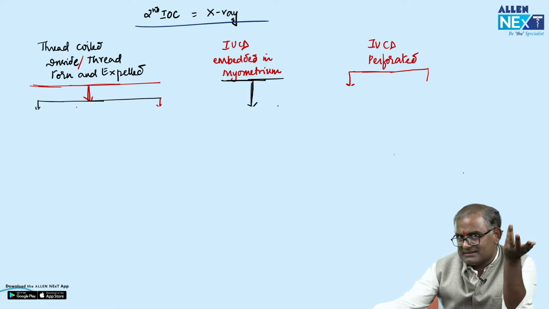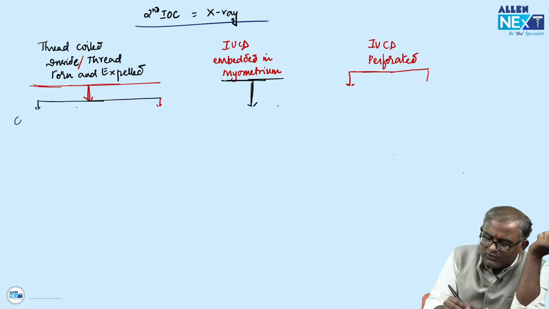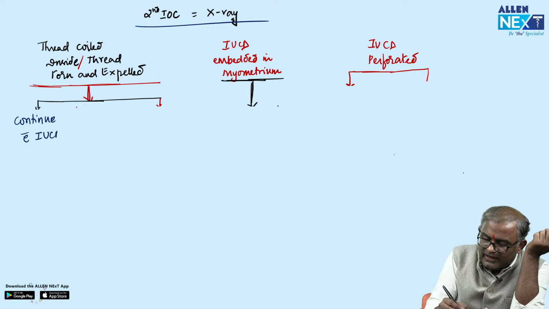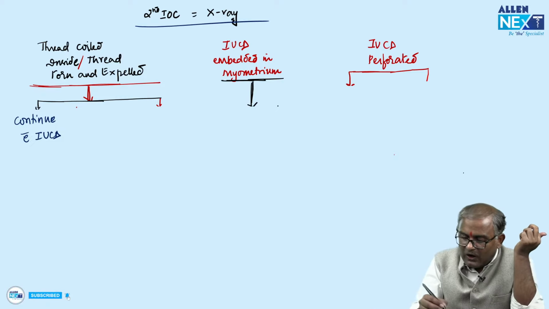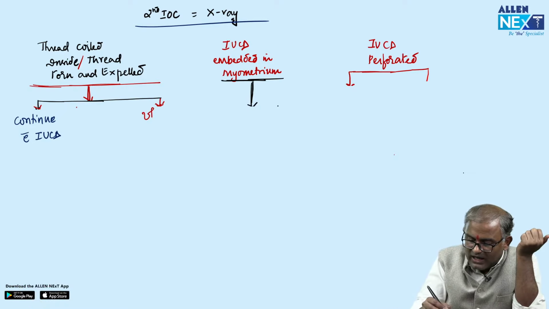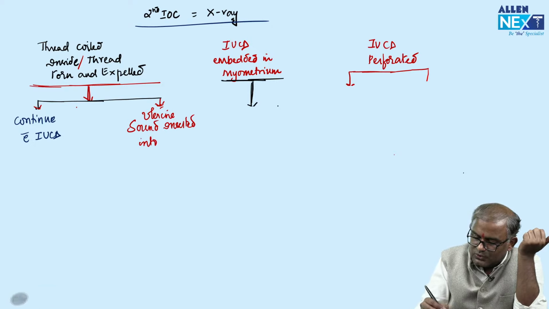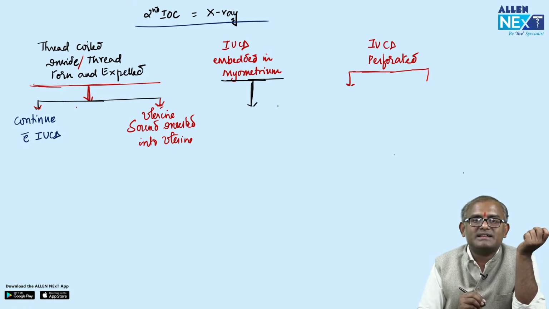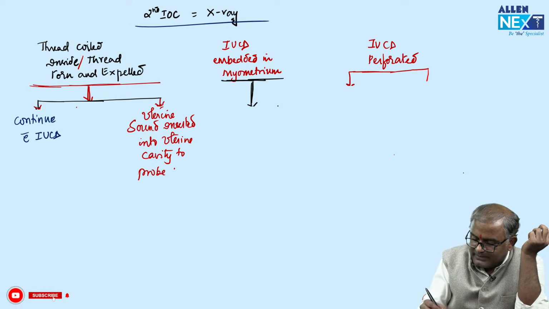Now, whenever the thread is coiled inside or the thread is detached and expelled, what do you want to do? Yes, we can continue with IUCD. If the patient wants to continue, definitely we can continue with IUCD. We can continue with IUCD, or we can remove the IUCD via artery forceps. That is, a uterine sound is inserted into the uterine cavity to probe the IUCD,